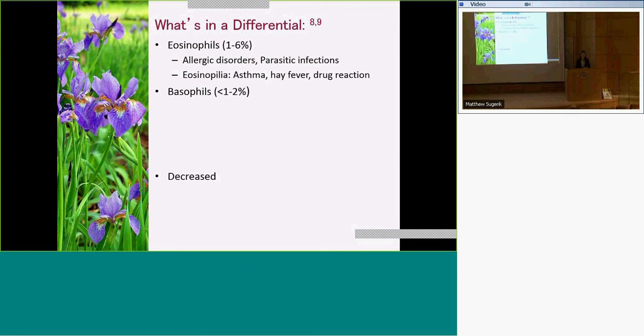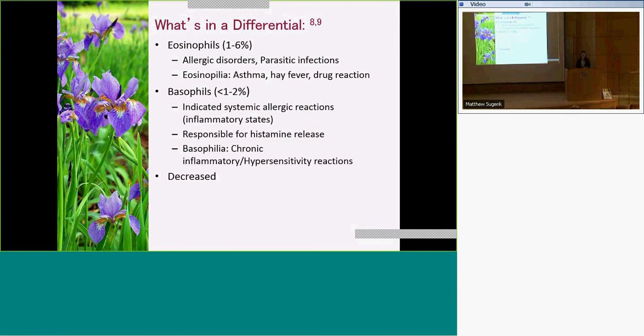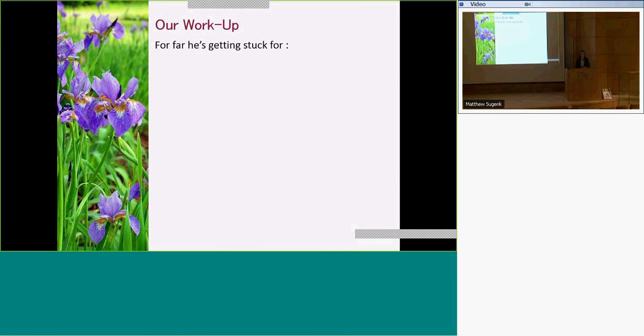Eosinophils are likely for allergic things like asthma, hay fever. Basophils, again, allergic things, and you see the percentages here. These are unlikely to be high, but can be with inflammatory things. And then there's your same 4 reasons that they can be low as what you see in lymphocytes. I'm going fast because I know you have these notes, and I think it's more interesting to talk about some